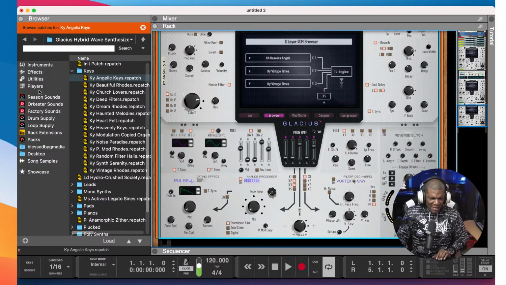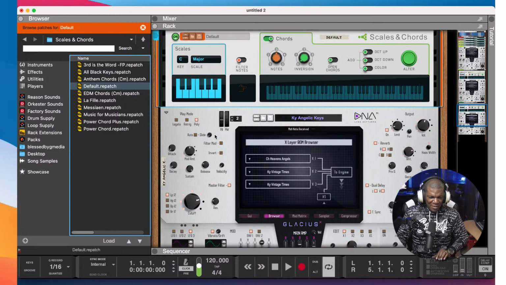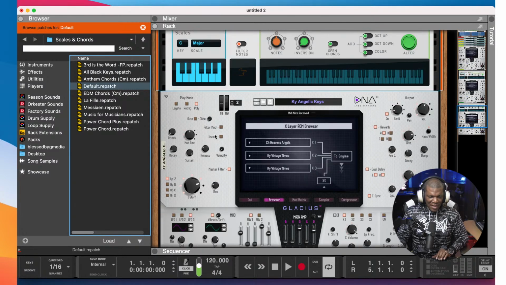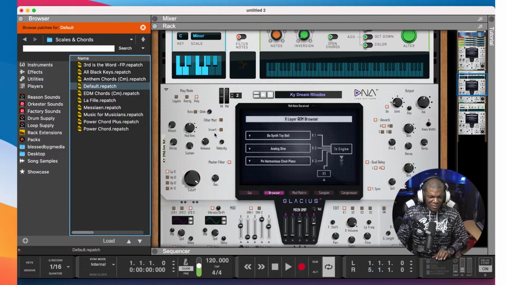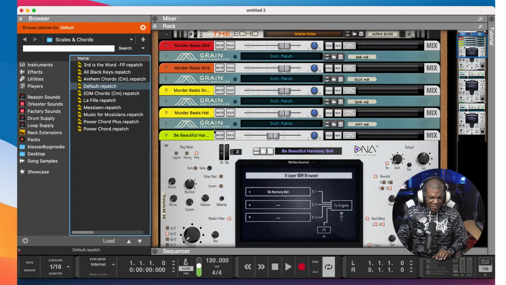And another reason why I like working with scales and chords on every instrument when I start working inside of Reason. And the reason being is, let's say, so I want to work,